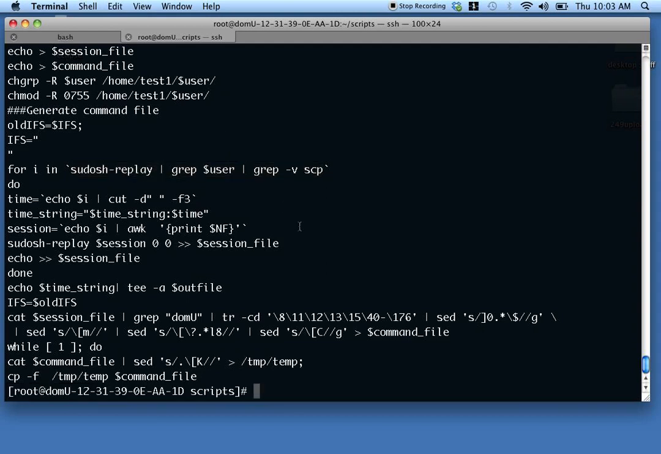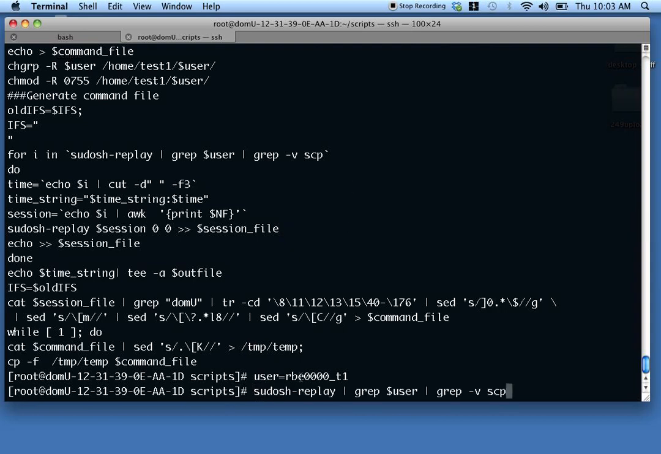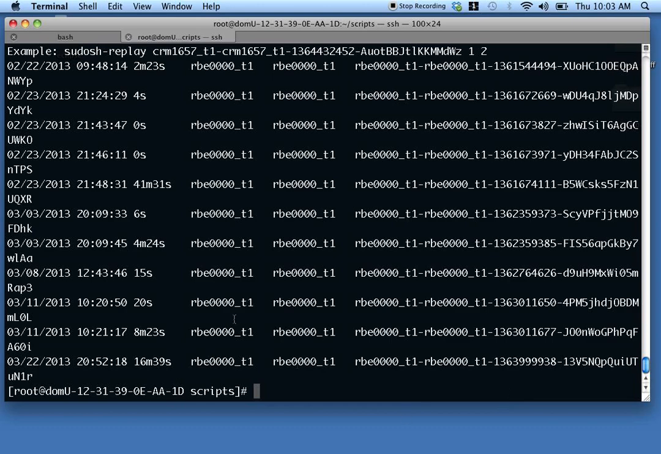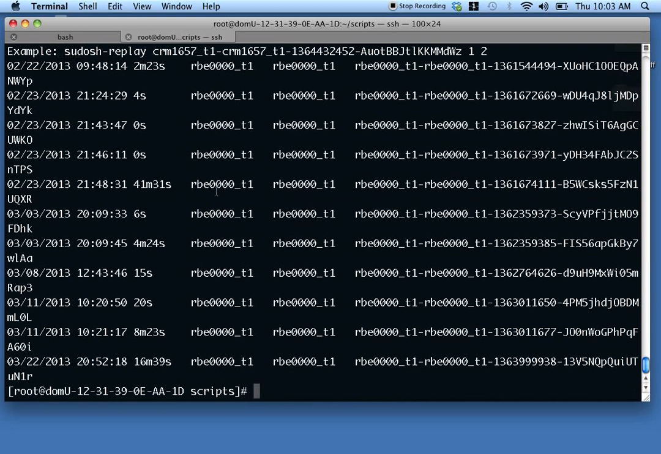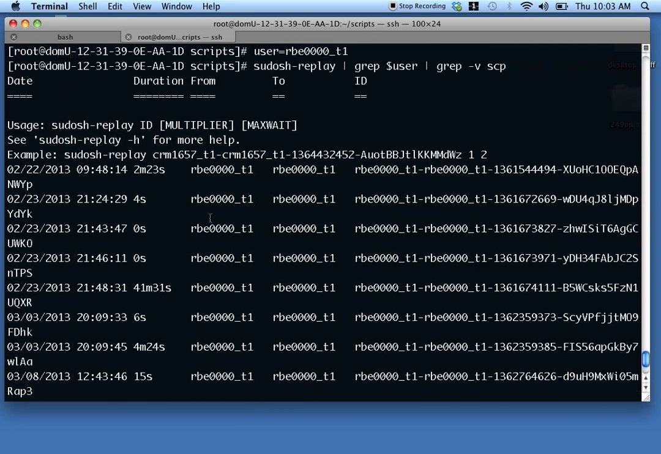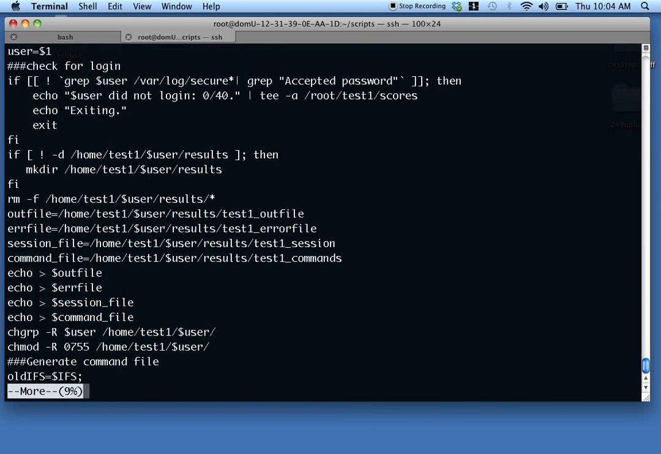This command, let's set user equal rbe. So this command, the sudo shell replay shows me all the sessions for the user. I'm going to look for my user ID, and I'm going to get rid of the SCP because the SCP showed up differently. So this gave me all the different sessions I did when I logged in to the server using my special ID. So then I get this line, and then I want to get some stuff out of this line in order to be able to